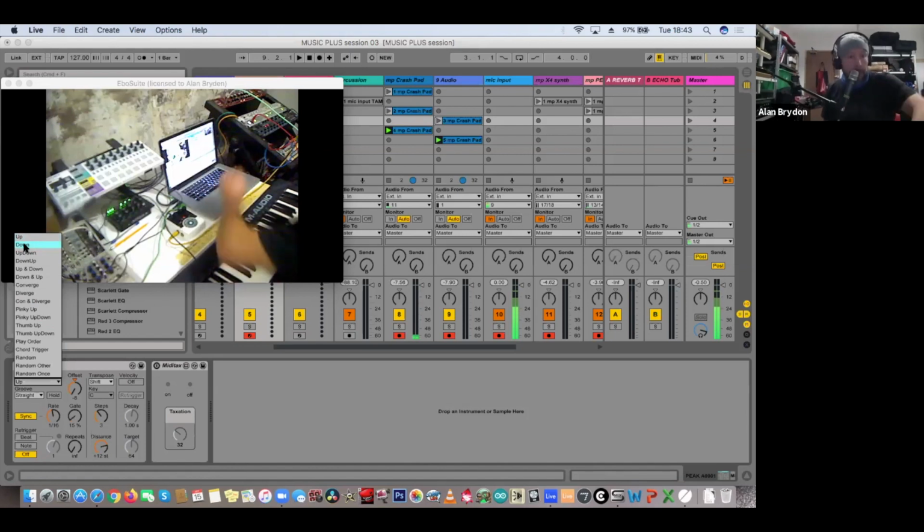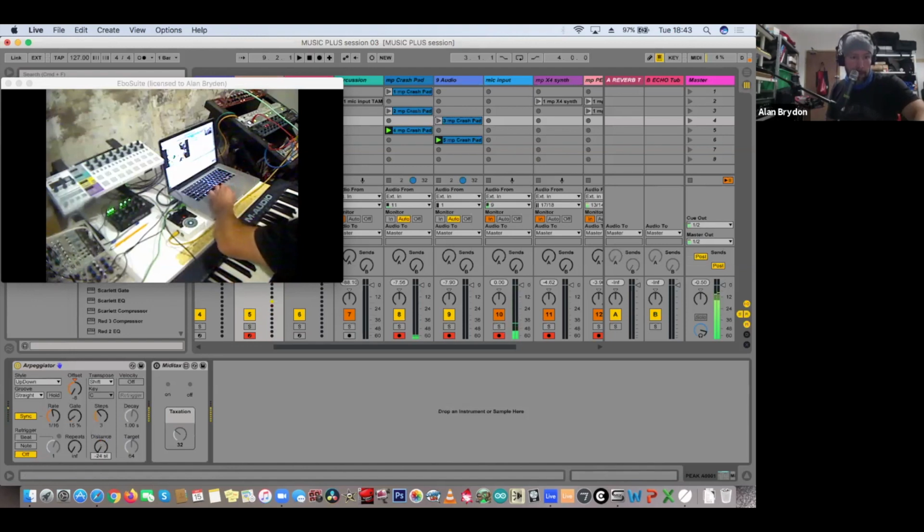You could have them going up and then down, for example. There's all sorts of fun you can have with an arpeggiator, doing very little to make something sounding really